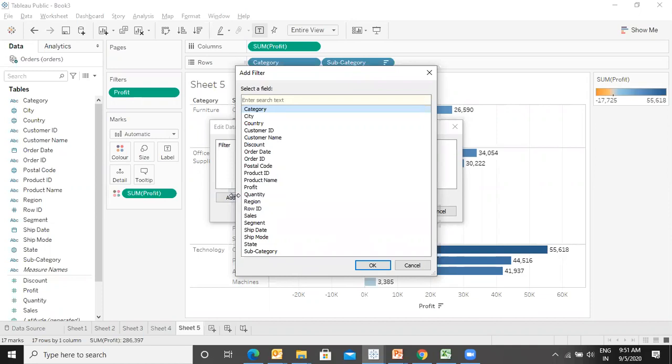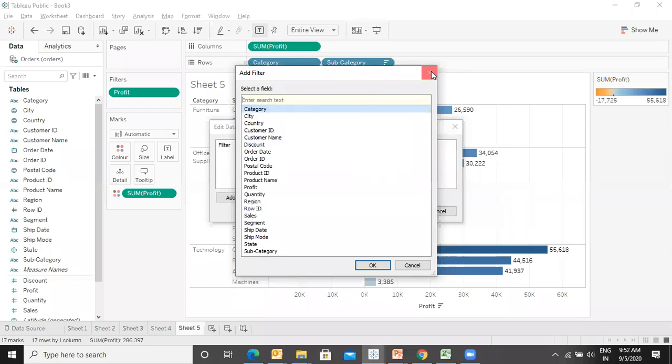However, another option could be that initially we omit the ones which we do not want at all. We do not take the 10,000 records. Suppose 3,000 are for furniture and I am excluding those 3,000 records. That means I am working only on the 7,000 records. That is known as a data source filter. I am putting the filter on the data source. I am not including some data in my visualization.